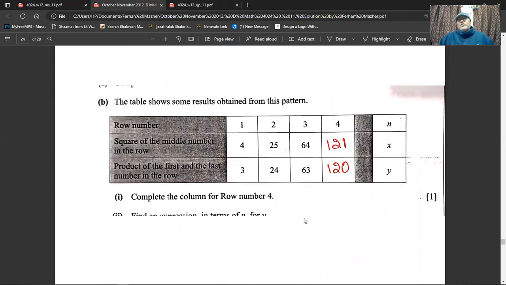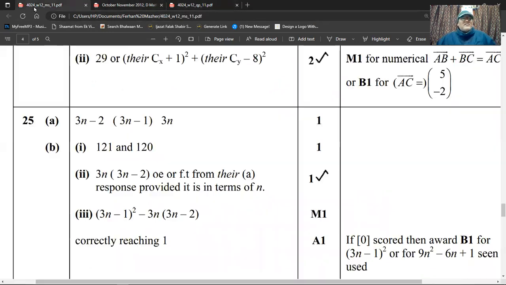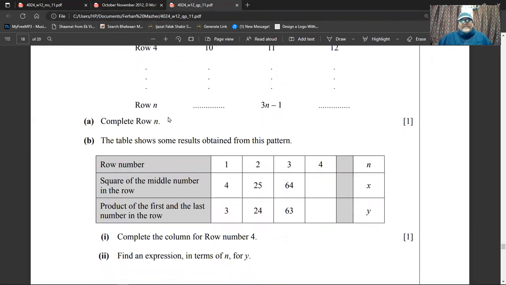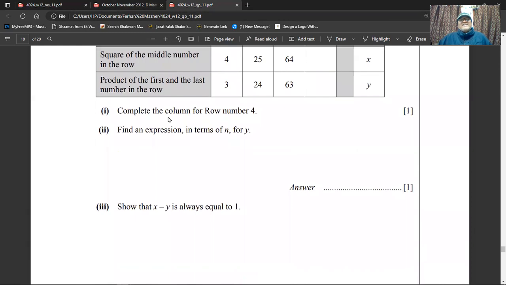121, 120, you will have to fill that like this. 121 and 120. So our answer is right. Okay, so then he says,